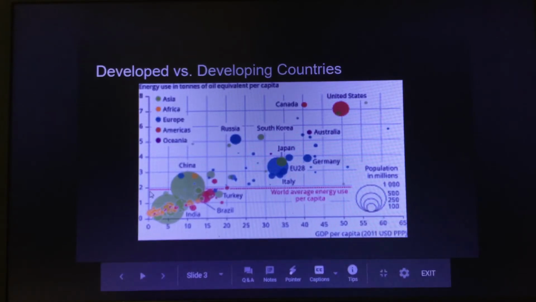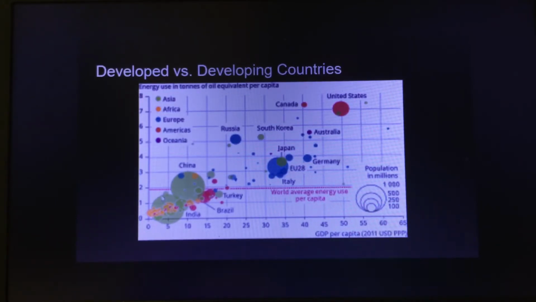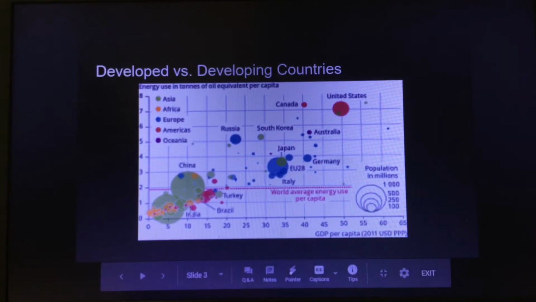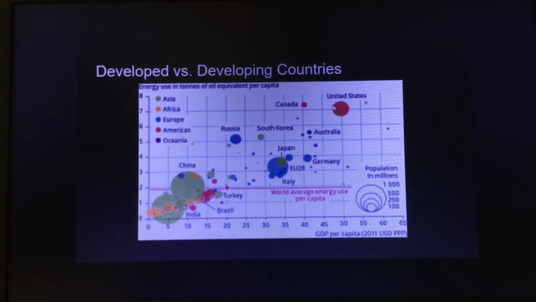The world average is just under 2, and that kind of cuts right between China and India, again, because we're talking about most of the world's population there. So this is per person. The United States uses far more energy than the average person from China or from India, Brazil, Turkey, any of those. So we're seeing both the number of people and the overall,